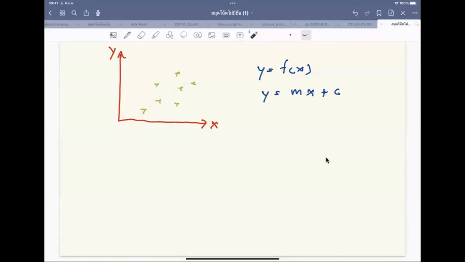The first is the slope, which is related to m. You adjust m, you adjust the slope. What about c, the other parameter? You adjust c, you move the line to the left or to the right because you adjust the intercept. So you adjust m and c at the same time,